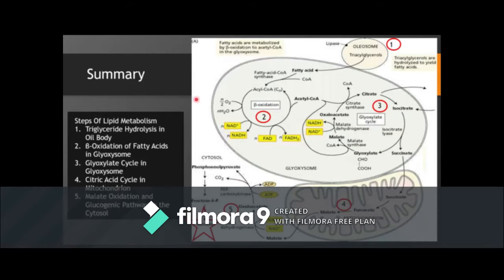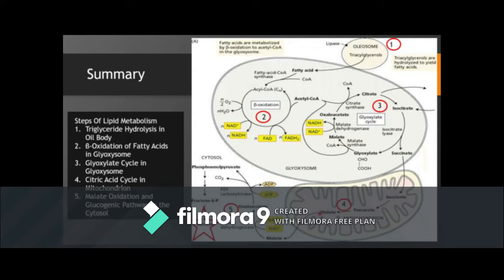To summarize, the lipid metabolism starts off with the triglyceride hydrolysis in the oil body. The fatty acids then go into the glyoxysome for beta oxidation. This is where the first sign of ATP is being used, but also where two additional energy are being created. A product of the oxidation goes into the glyoxylate cycle, where it then creates more energy, and then a byproduct called succinate goes into the citric acid